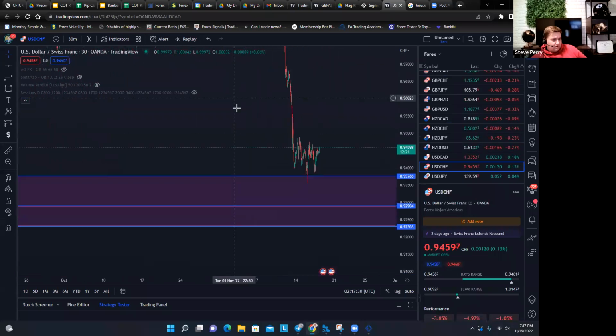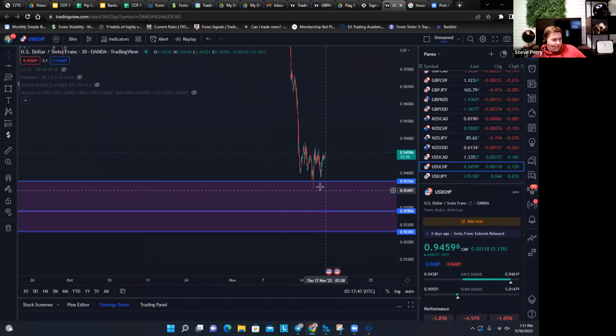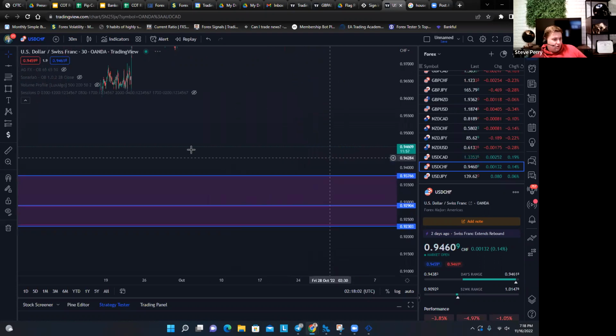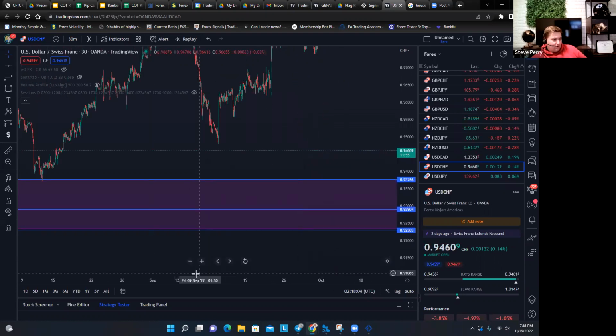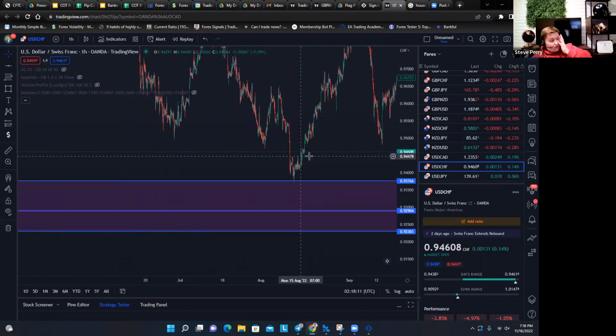Okay, so here's the market now. It pulled back a lot. How did we know it was going to stop right there and go up? Right on that wick. There was only less than an hour of opportunity in the last 72 hours to be able to grab that right there. So we have one of the very best prices possible out of the entire market on this dollar franc. How do we know? You go back in time. You actually have to go back pretty far to the last time the market,